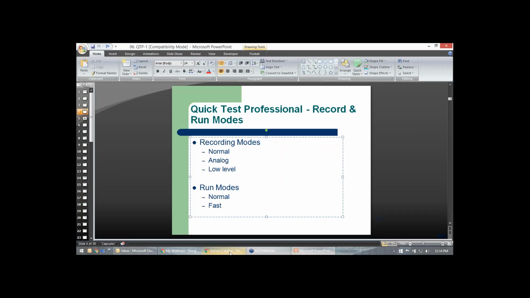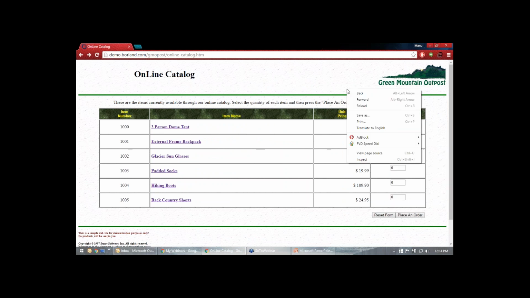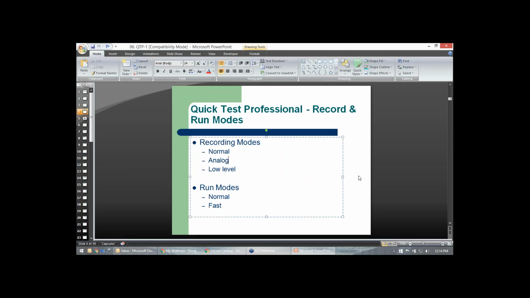Low level recording is for when you right click the mouse button. See, when you click on the right, this thing is different, this box is different, this text information is different. That is not required here, it's just an example of what a low level recording can be. So right click buttons are low level.